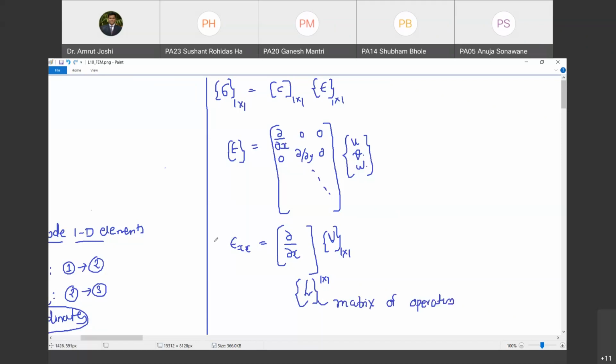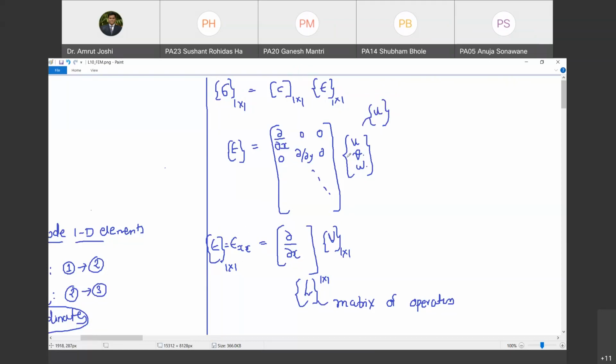So in this particular case, we have epsilon matrix of size only 1 cross 1, which is equal to epsilon x, and it can be written as L times U matrix. This matrix we had given a notation as U, if you remember. So U is the matrix of displacement fields U, V and W. Though it consists of displacements in all the directions, we had denoted it by small letter U. But in this particular case, V and W are absent. So U itself is a matrix of 1 cross 1.